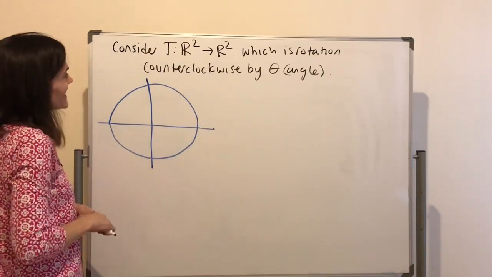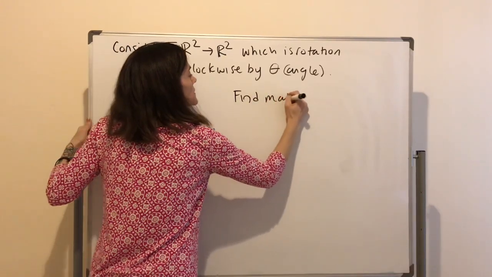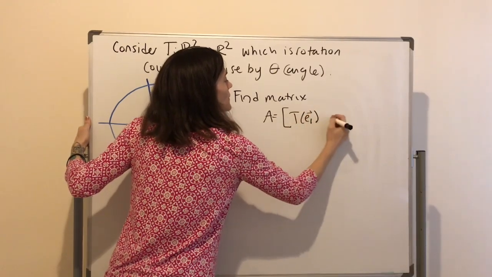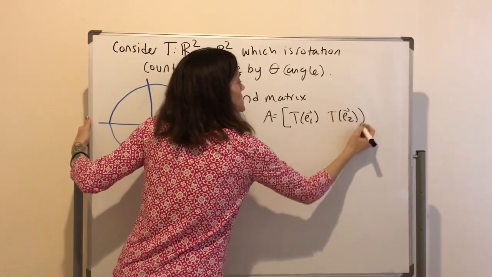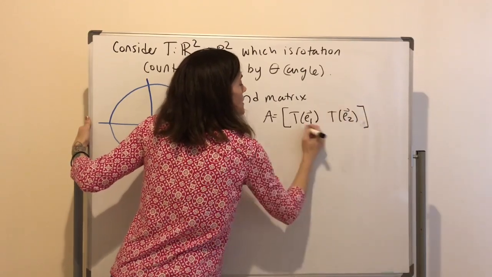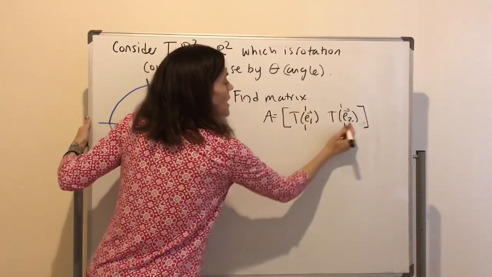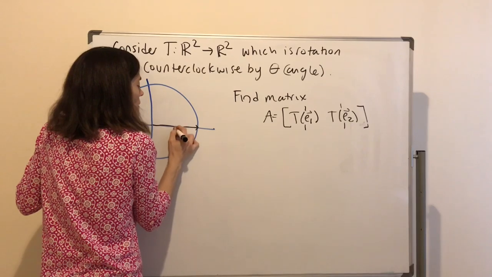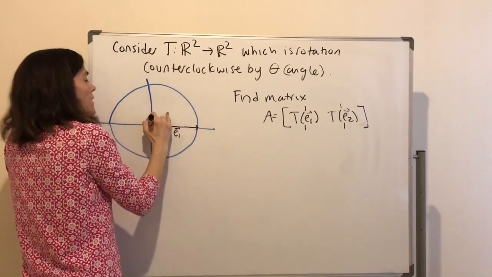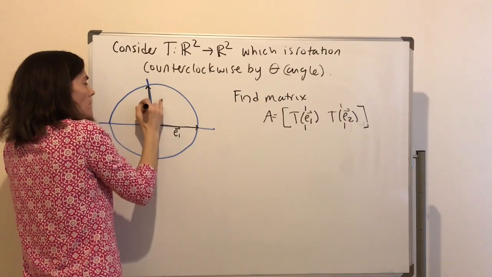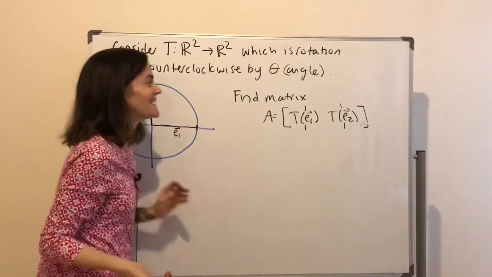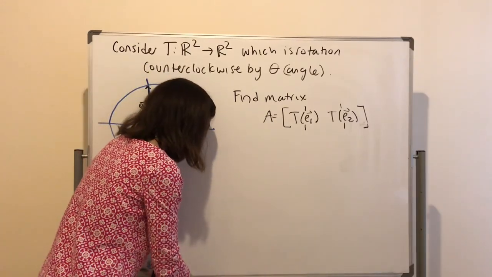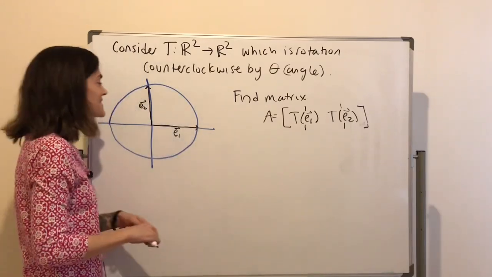Okay. Very nice. Let's find the matrix A, and we know the matrix A is T of E1 and T of E2. This is what we discussed last video and we have already used a few times today. All I need to do is figure out what happens to this vector here, E1. Where does that map? And figure out where E2 maps, and then I know my matrix. Okay, this is probably the most fun I've had yet today because I love trigonometry.